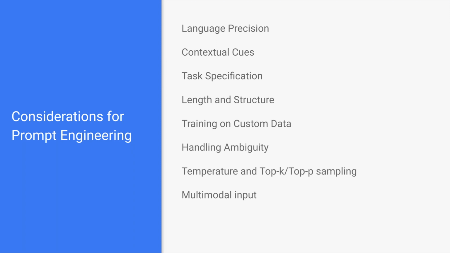Multimodal input. For models that support multimodal input like GPT-4, experimenting with combining text prompts with other modalities like images can provide better outcomes. Prompt engineering is often an iterative process where practitioners experiment with different combinations of these aspects to achieve the desired results. It requires a deep understanding of the model's behavior and capabilities, as well as the specific requirements of the task